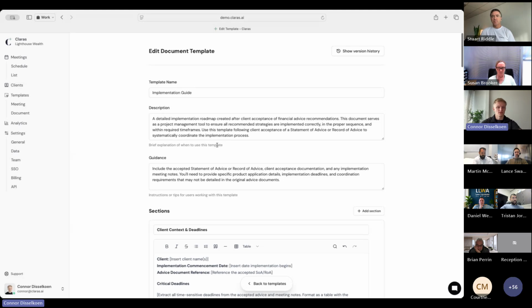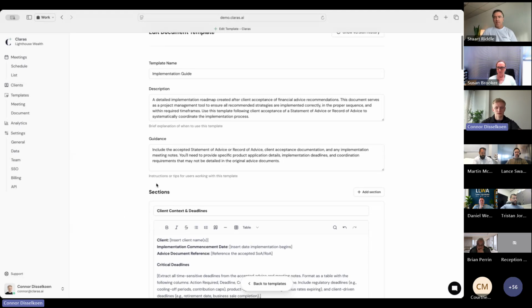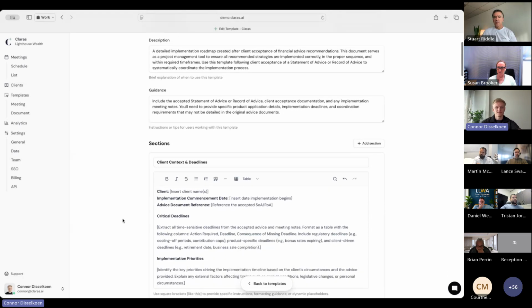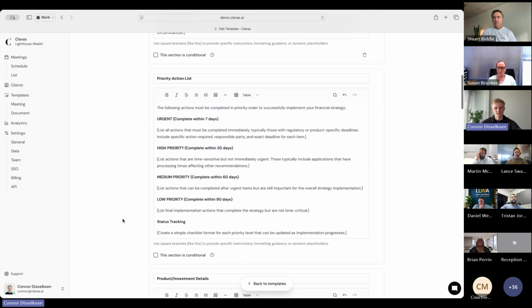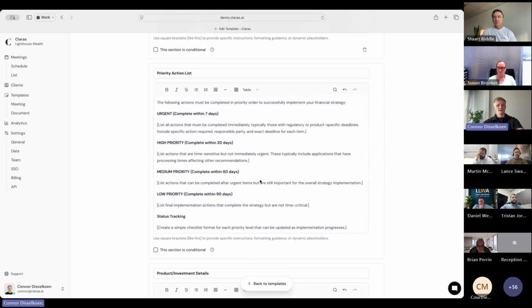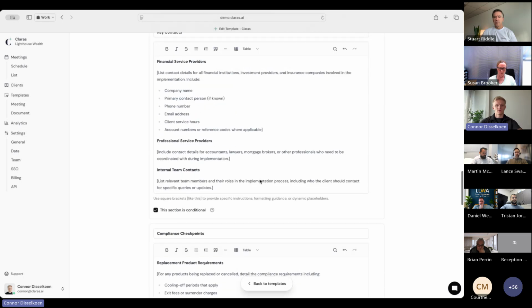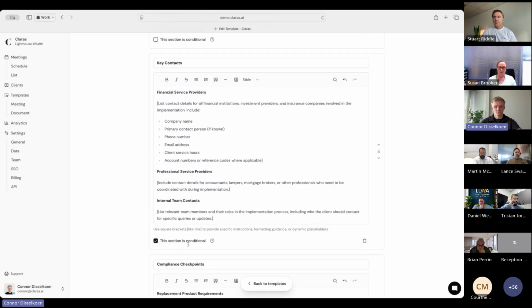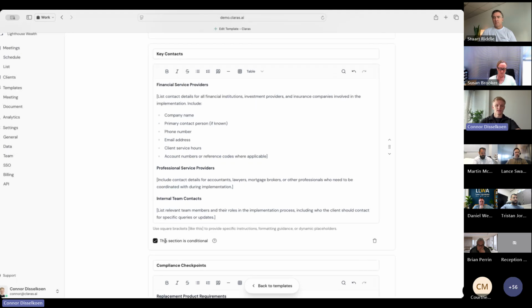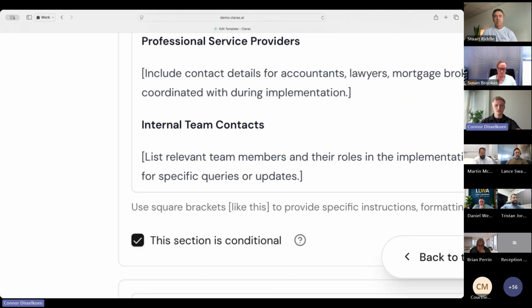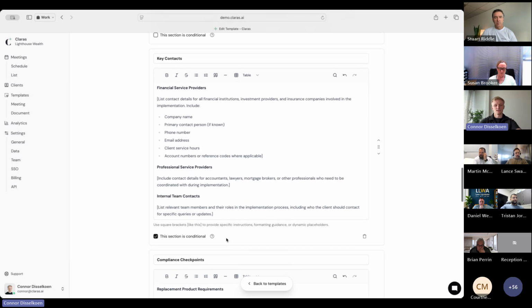So you can see, in under a minute, we've got our starting template. It's always better to start with something there rather than a blank slate. And we can go through, have a look at this and review it. One thing I do want to just mention is the conditional sections. So you can see there's a checkbox down the bottom there. And what that means is